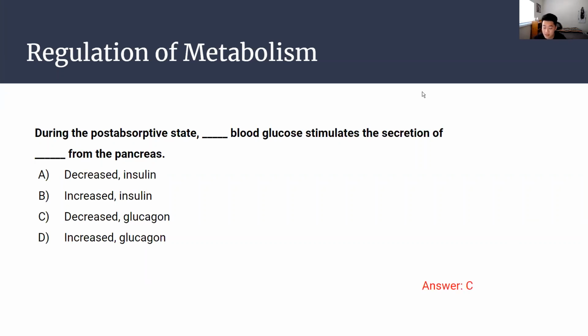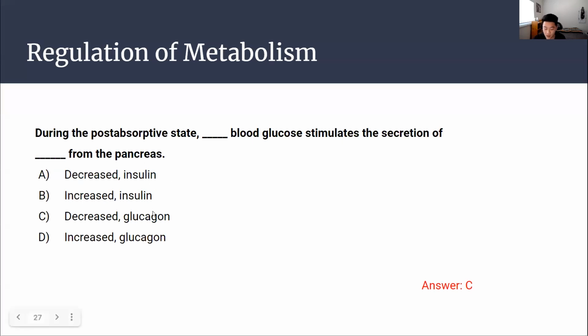So most of you guys said C and some of you guys said B, right? While B is correct if the question was during the absorptive state, in this question we're talking about the post-absorptive state, right? When there's a decrease in blood glucose, when we're not eating, when we're fasting, that stimulates the secretion of glucagon from the pancreas. Yes, increased blood glucose does stimulate secretion of insulin, but we're not talking about the absorptive state. We're talking about post-absorptive, okay? Now,